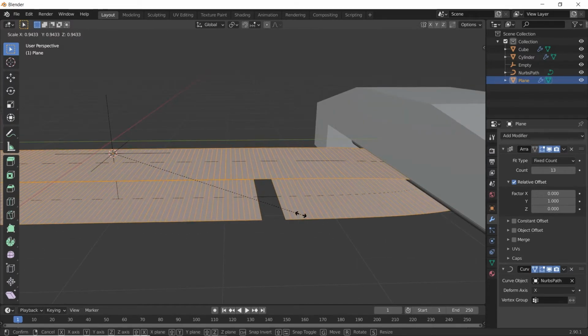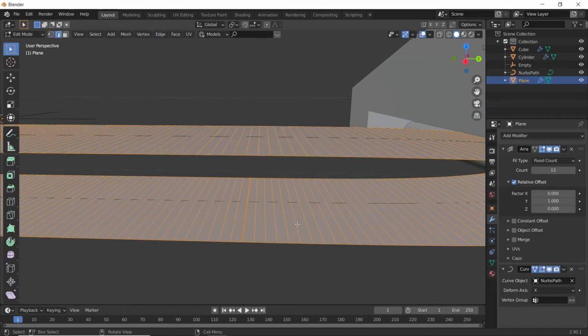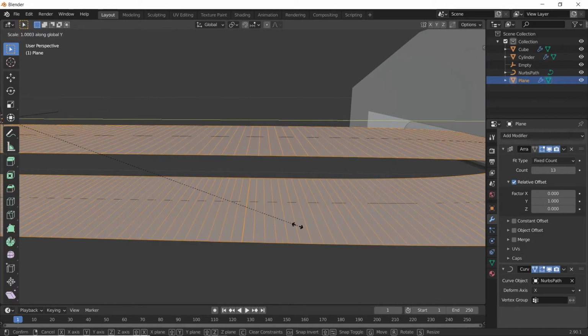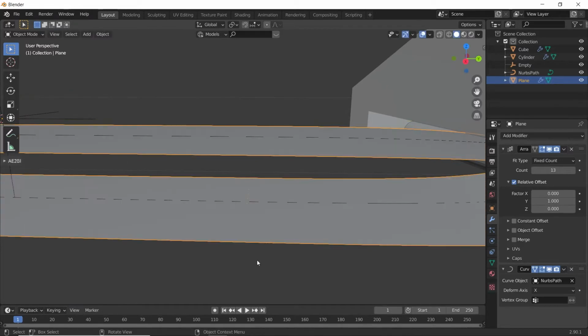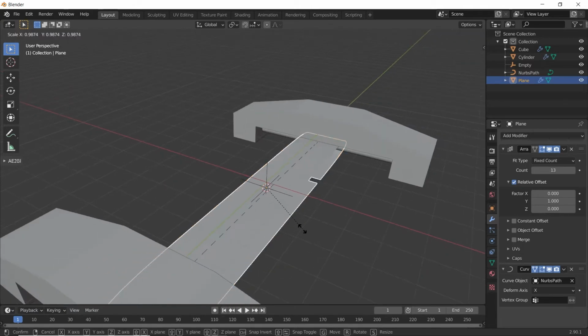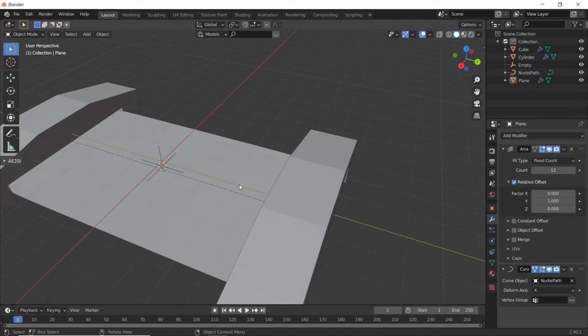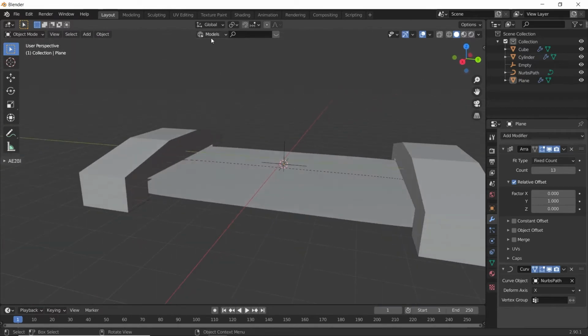Okay, scale it on y-axis and keep it here. We need to scale it up a little bit. Okay, now scale it on x-axis, something like this. Go to shading tab.